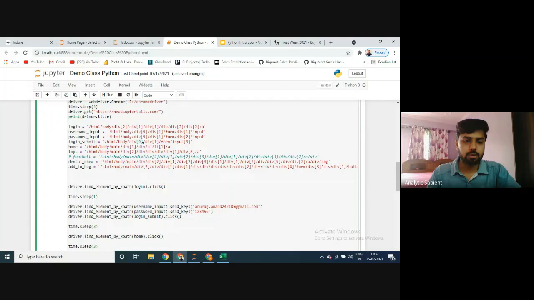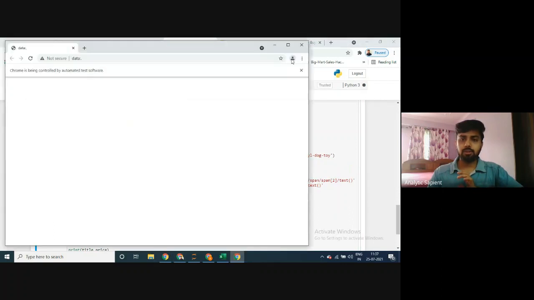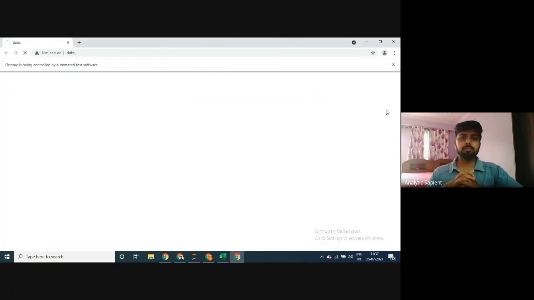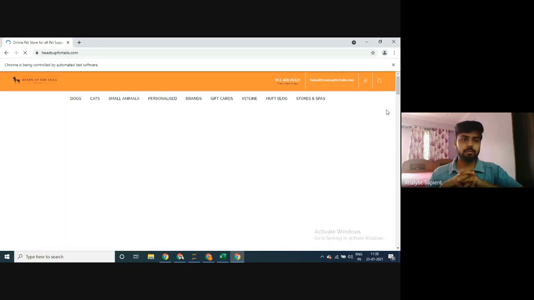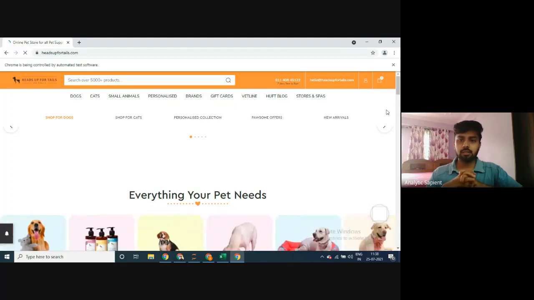Let's see if this code works now or if it will face some error. Again, I'm pressing enter, and as soon as I press enter, I'll keep my hands up here and we'll see if the code is running fine or not. Okay, let me zoom in for you guys. Let's go into the login page.